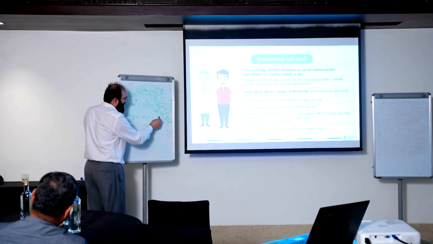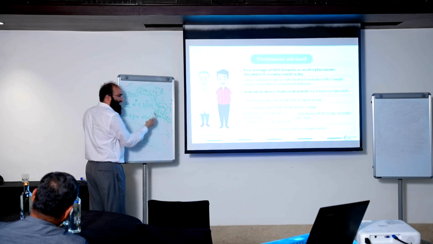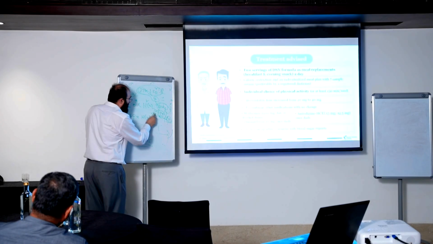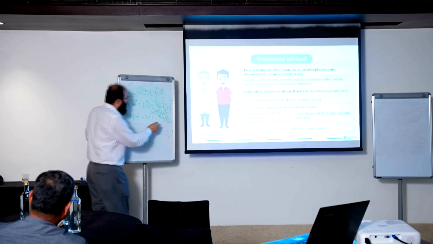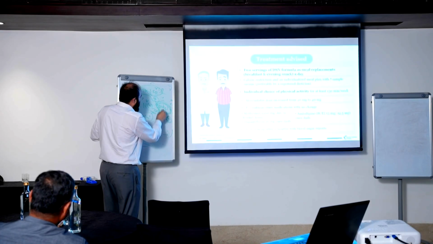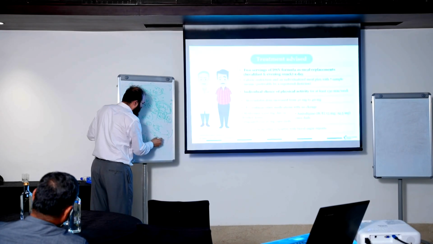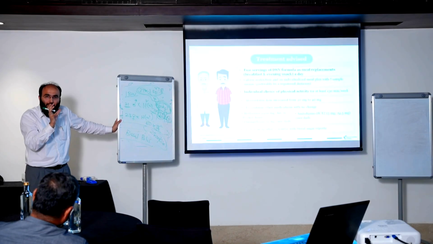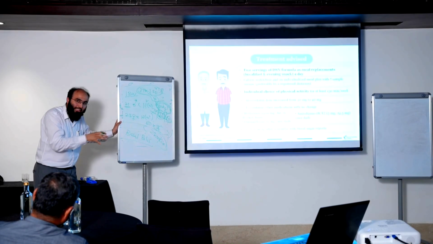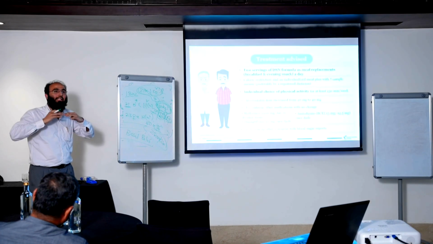Many of us it is 35 or maybe 30. But for a hospitalized patient, for somebody who is bedridden, it is 30. So in urban it is 35. So 80 into 35 would be 2800 kilocalories. So this 2800 kilocalorie is that number, that energy that this patient needs so that his daily requirement is taken care of.